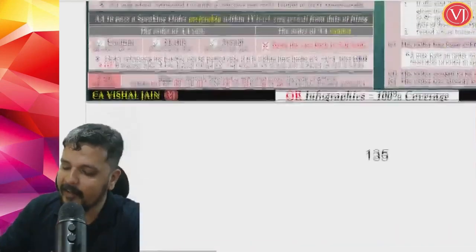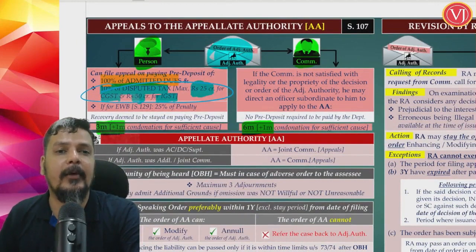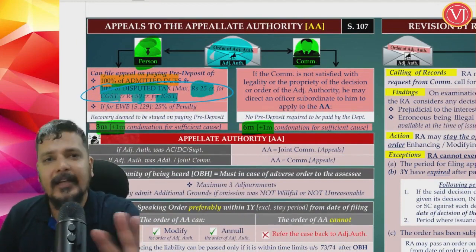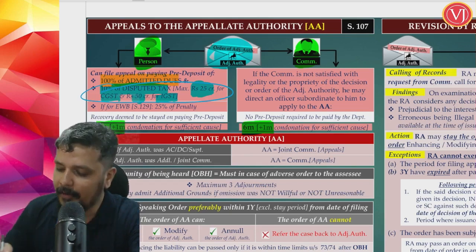There is a special case of pre-deposit. If at all you are having an e-waybill penalty under section 129, there is no tax. There is only a penalty under section 129. If you want to challenge that penalty, if you are going for first appeals, pay only